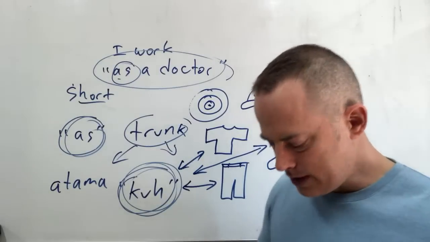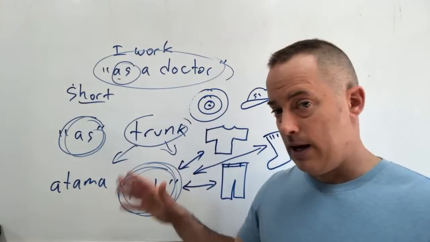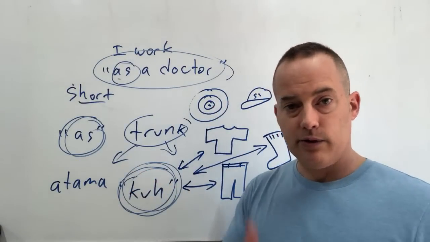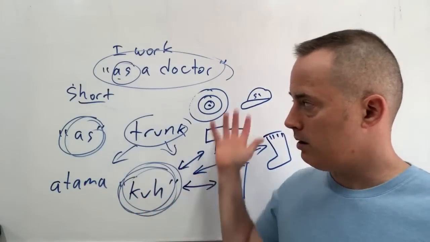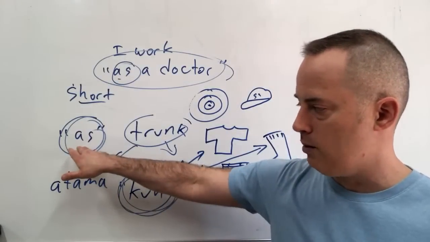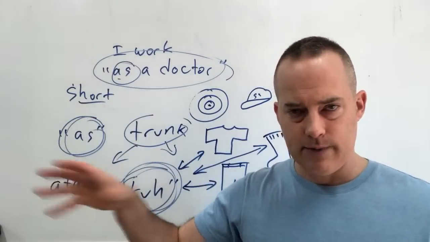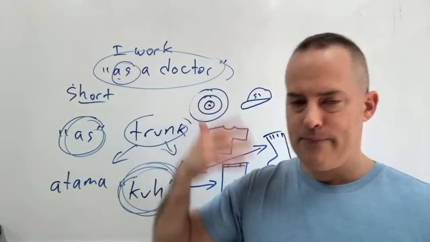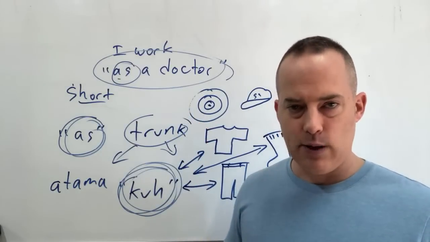All right. Let me go back and look at questions, see if anybody has any questions about this or any questions about anything else. As I promised, this should be a pretty quick video, but I think hopefully people get the point. The basic idea is that we're not trying to take a word and learn it like a one-to-one translation. We want to teach the brain how to understand something in a language so that the brain is not translating when we speak.